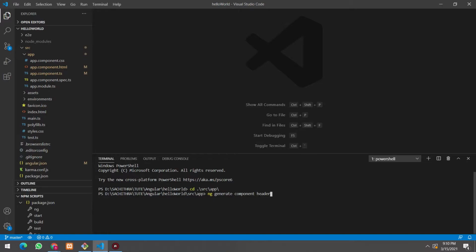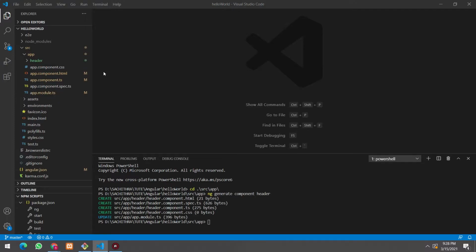I will click enter. Now it's created, and you can see here in the app folder, there's another folder called header. So now we created our first component called header component, and I will demonstrate how to use this header component